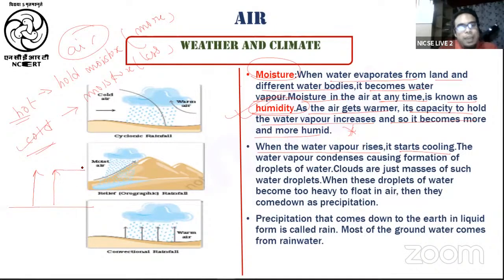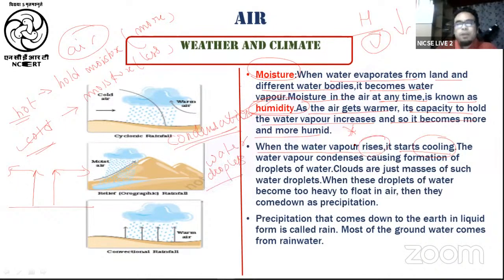As it rises up, it will expand in both directions. And as it expands, what will happen? Your heat per unit volume will start to decrease because the volume in the denominator is increasing as it expands, right? So as the heat per unit volume decreases, what will happen to the air? The air will now start to get cooled down. So what will happen to the water vapor? As the water vapor starts to cool down, the condensation process will begin. And because of this, the water vapor will now get converted into water droplets, right?